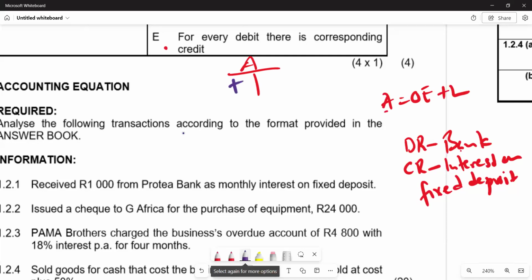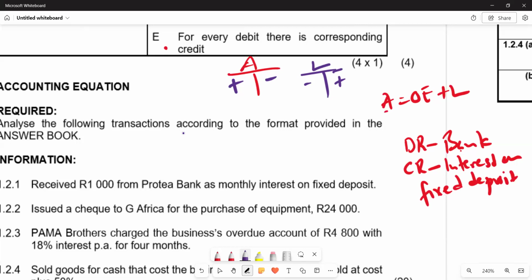We are going to have a plus when we debit an asset, and when we credit an asset, it's a minus. The opposite applies when we are dealing with liabilities. We are going to have a plus on the credit and a negative on the debit. So this is how it is. And owner's equity, obviously, we check it depending on what we are dealing with. So we are going to go through as we answer the question and maybe reflect in terms of how to